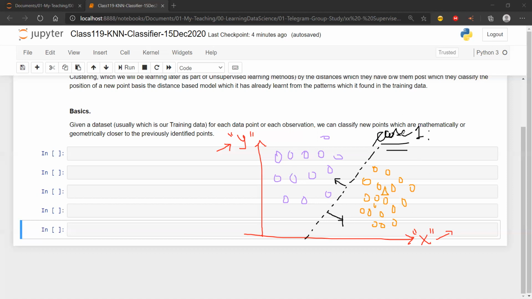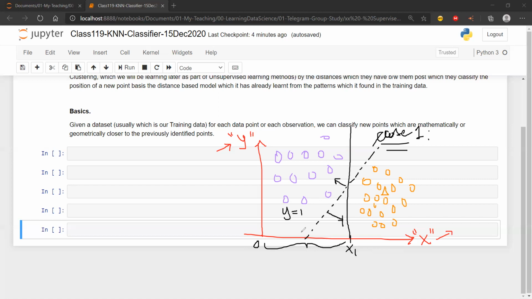Now what is KNN going to do? I can do this using a decision tree also. I can find a value of X, let's say X1, and draw a hyperplane. In a decision tree, it will be like a conditional statement: if the value of X is less than X1, then it belongs to category Y1.